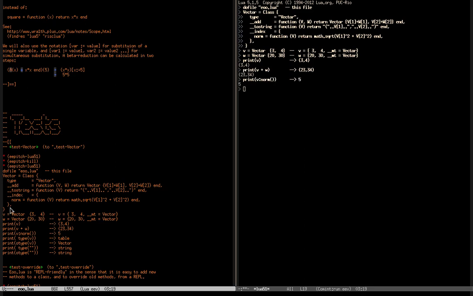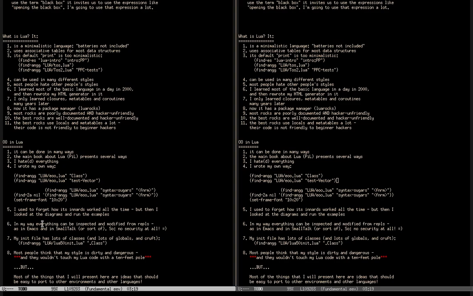And if we run the method norm, it is defined here in the table index. Anyway, even this thing being so small, I used to forget how it worked all the time. Actually, I always forget how things work, and I have to remember them somehow. And I have to have tricks for remembering and tricks for summarizing things, and diagrams and so on.